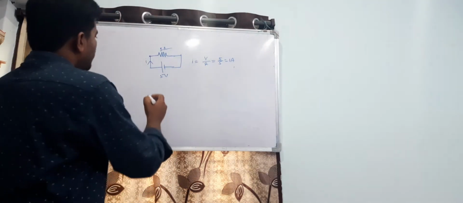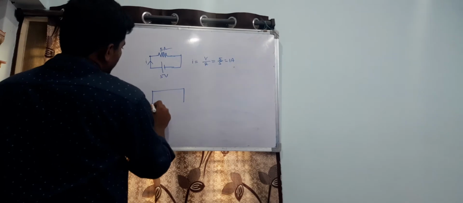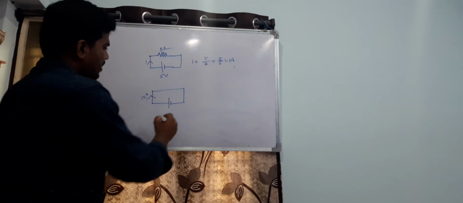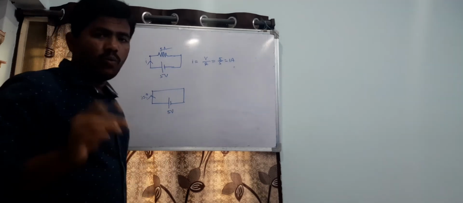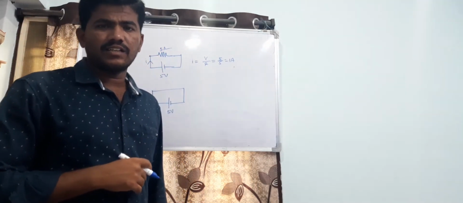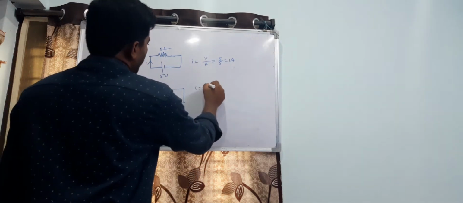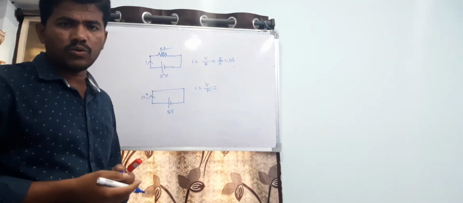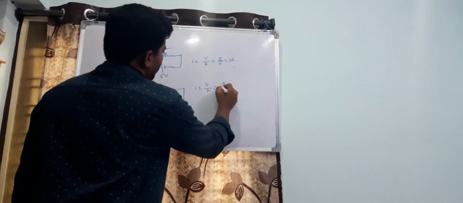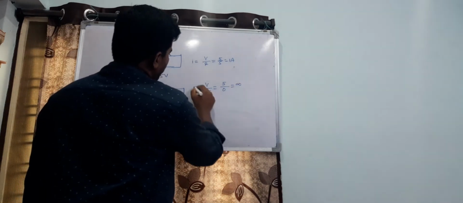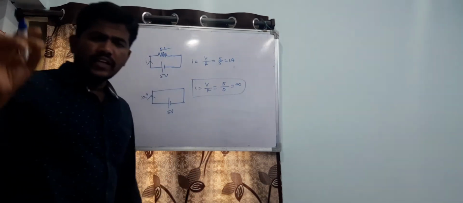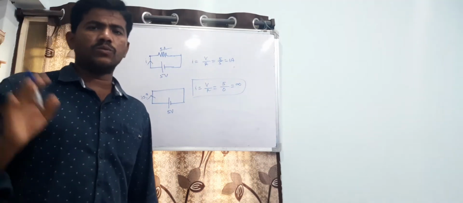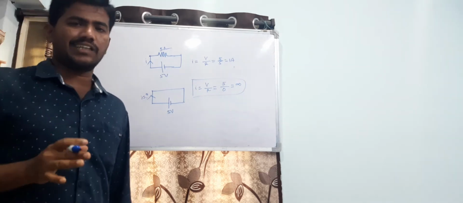For example, if I connect a single wire to this voltage source, what is the current flowing? Again, this is a 5 volt battery. I equals V by R. Here we are not mentioning any ohms, so I am assuming this is 0, so 5 divided by 0 is infinity. Infinite current flowing through any circuit is impossible. We cannot measure it and it has no application. It is nothing but a short circuit.